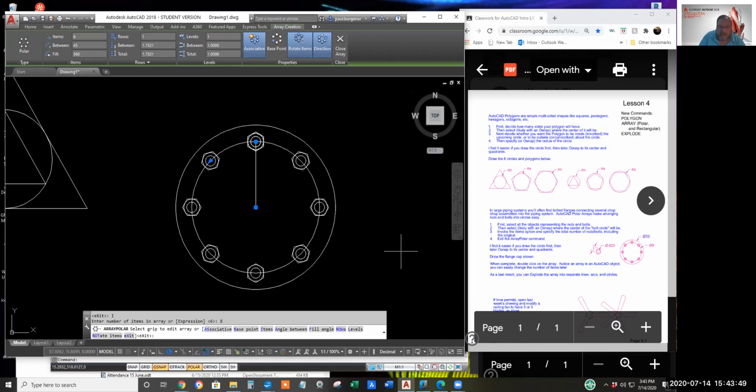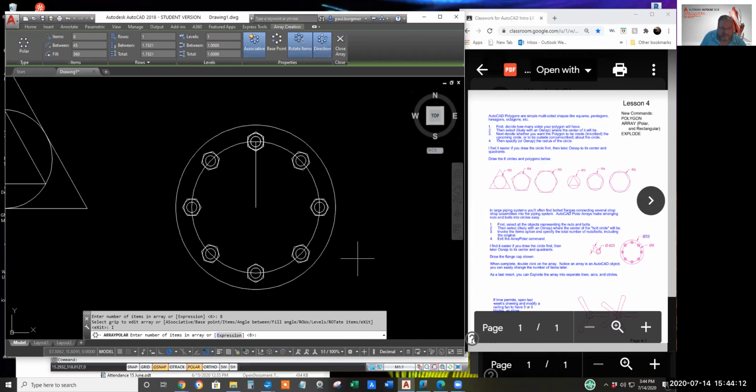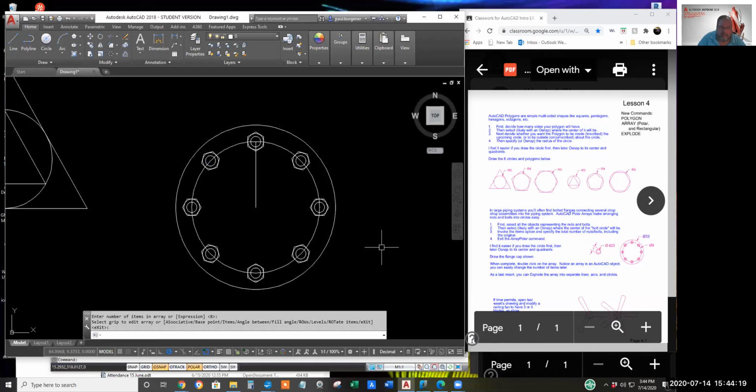If you change your mind, instead of 8 around the full circle, you want 30 degrees between them, or 45 degrees would result in the same, but you can specify a few. Anyway, let's see, items, right click, pick items. Didn't I just do that? Oh, hit enter to bail out. We're back to command prompt.